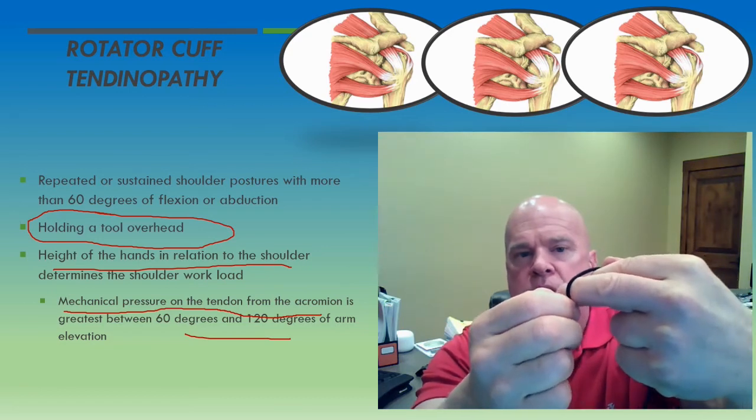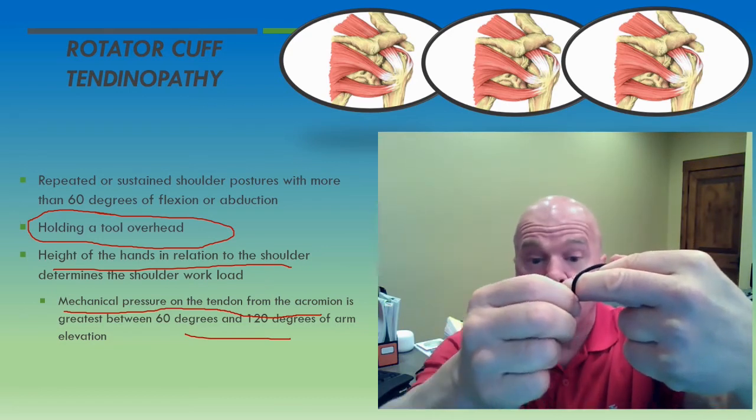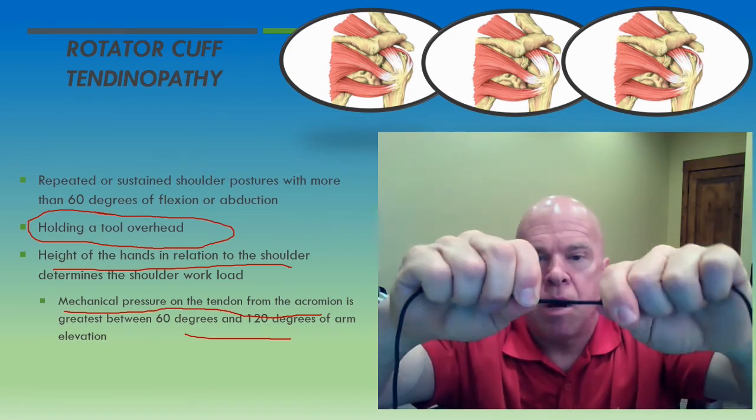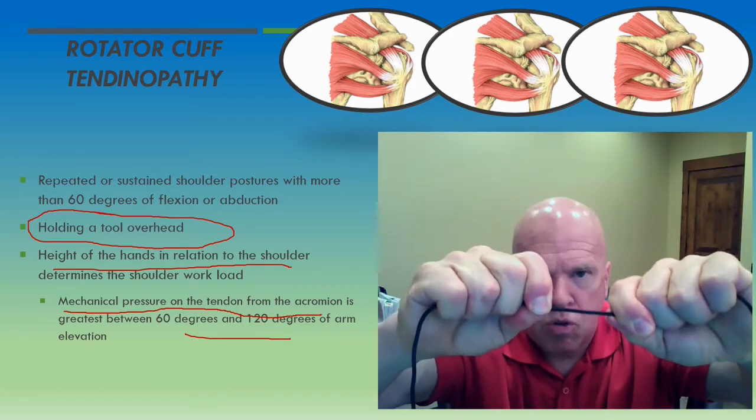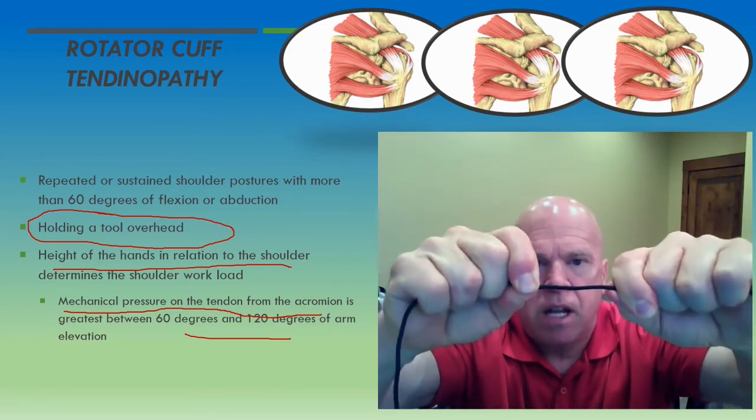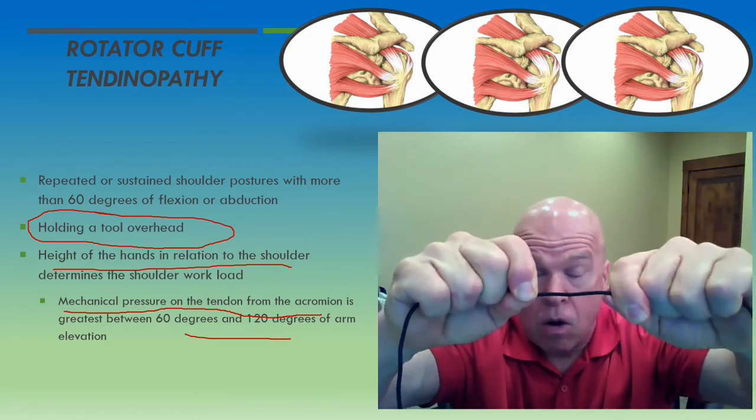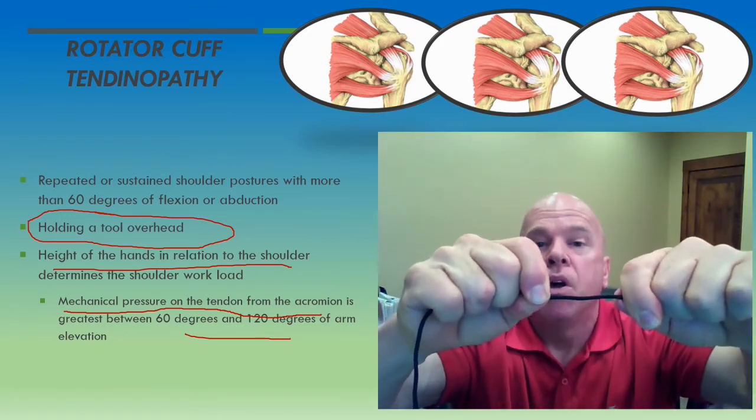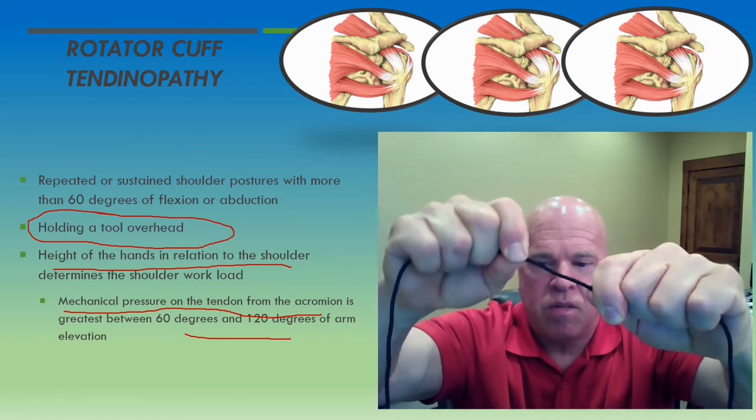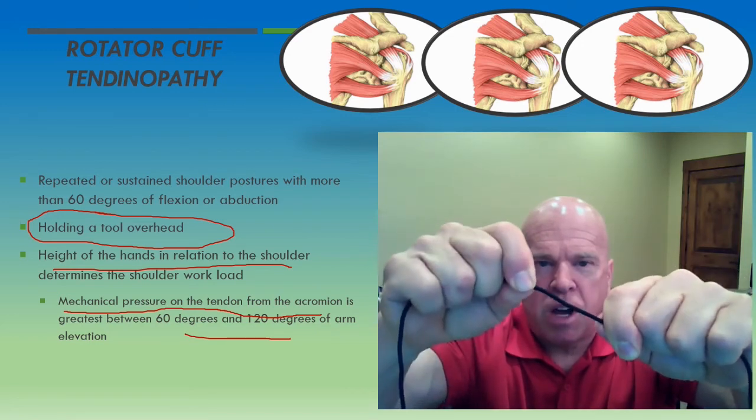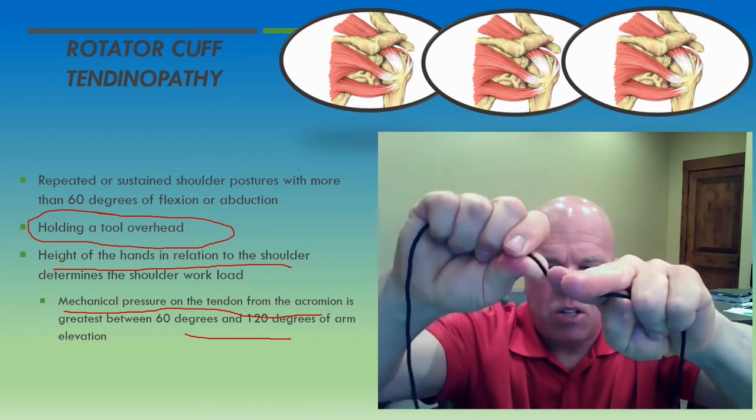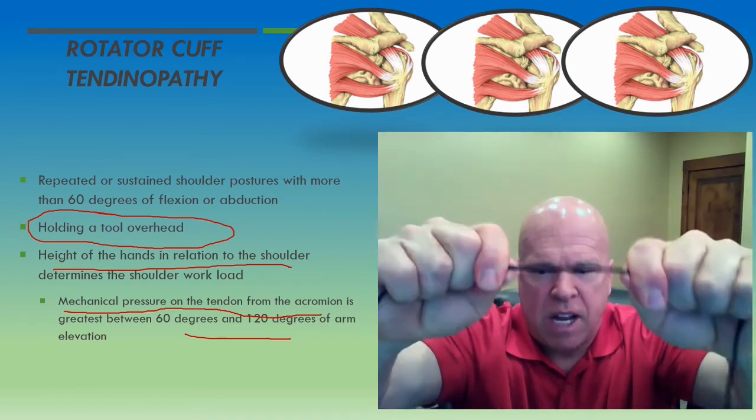Now, when the arm is in 60 to 120 degrees of arm elevation, the rotator cuff tendon now becomes under tensile load, and I'm demonstrating tensile load by pulling on this tendon. Can you see that I'm pulling on the tendon? So I'm applying tensile load to the tendon. Well, in addition, at 60 to 120 degrees of elevation, the rotator cuff tendon comes up underneath the surface of the acromion process here. So first it's under tensile load,